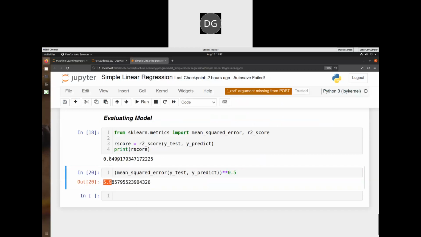That is why my accuracy is 84. Even if I get less error, my accuracy will also increase, from 84 to 90 or more. Okay, so I'm just storing this particular value as root mean square error, RMSE for short, or anything you can name it. Root mean square error is equal to